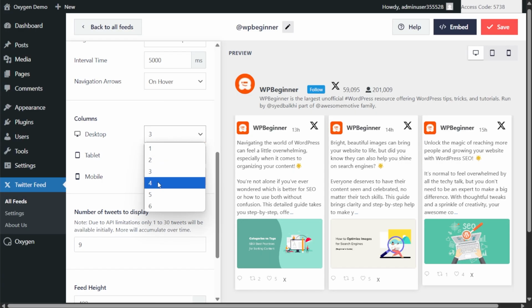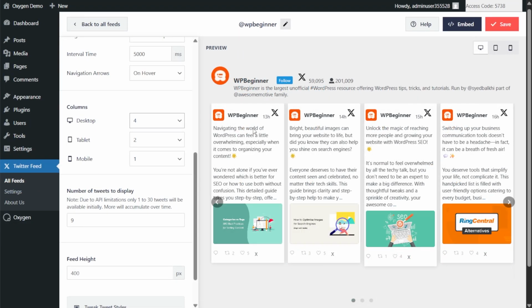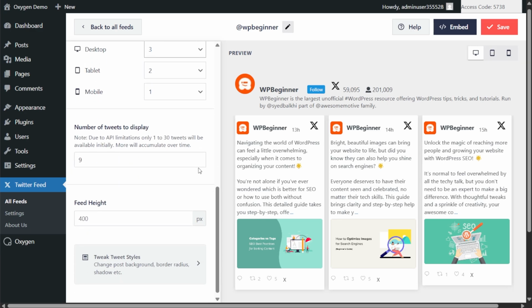For example, let's go with 4, and you can see our Twitter feed has updated to display 4 columns instead of 3. I'm going to change that back to 3, and if we continue, we can also choose how many tweets we want to display inside the feed initially. We can enter any number of tweets you want to display up to 30 tweets. For example, if we go with 4, our Twitter feed will only display 4 posts instead of 9. We can keep it as 9, and once you're happy with the layout of your Twitter feed, click Save on